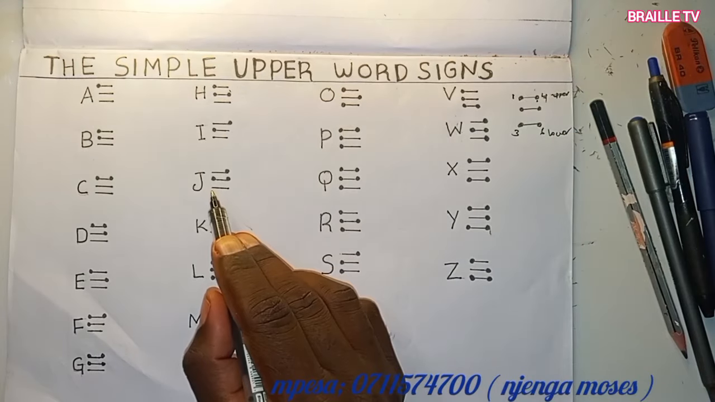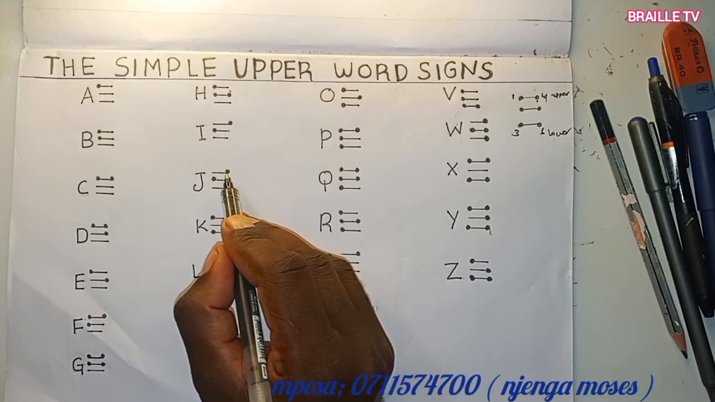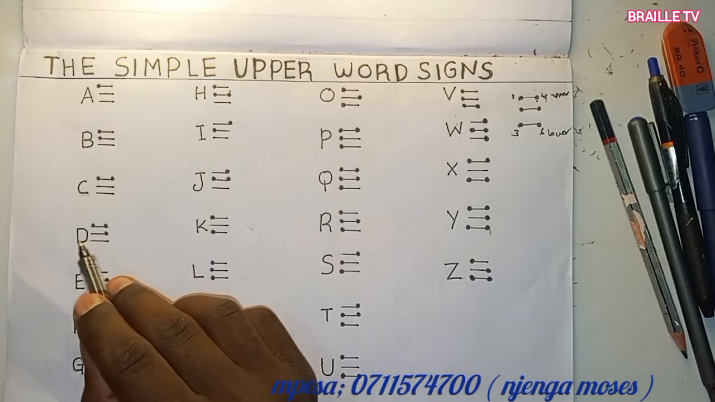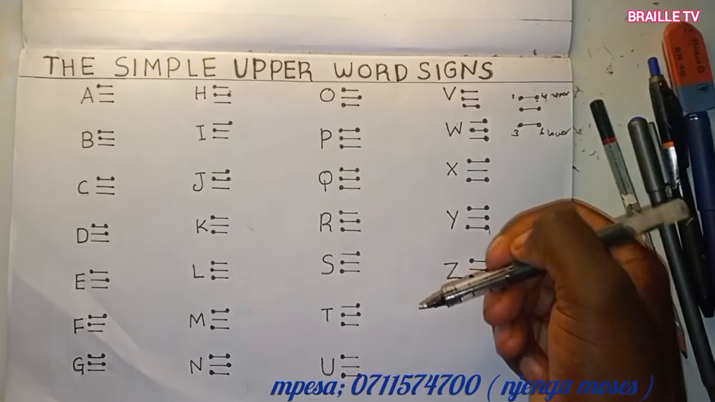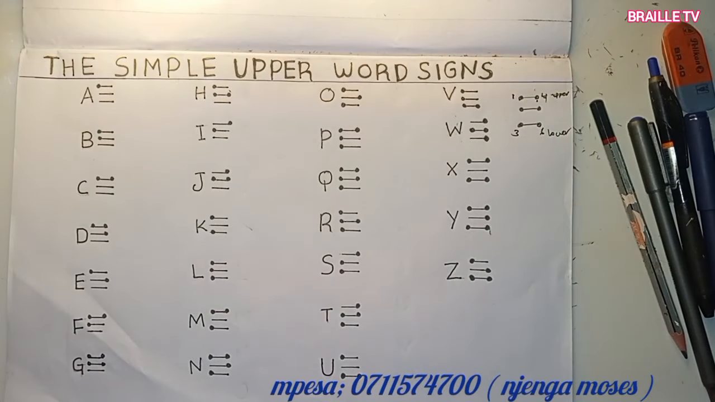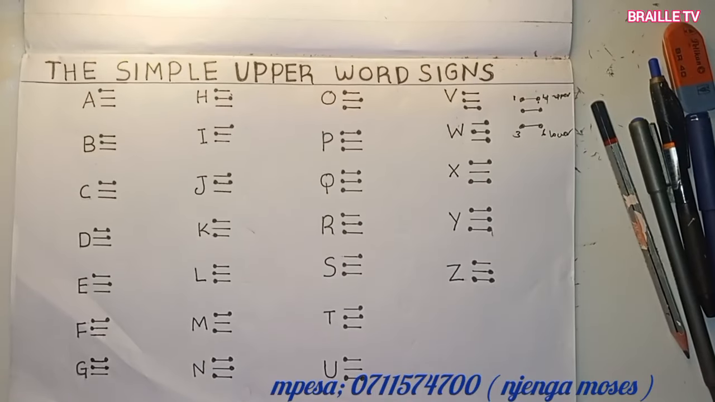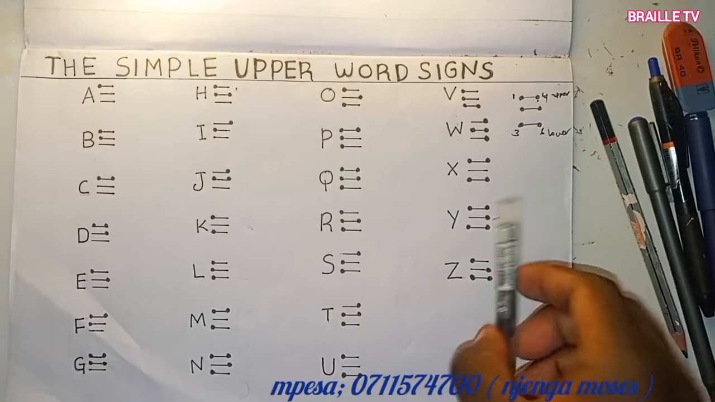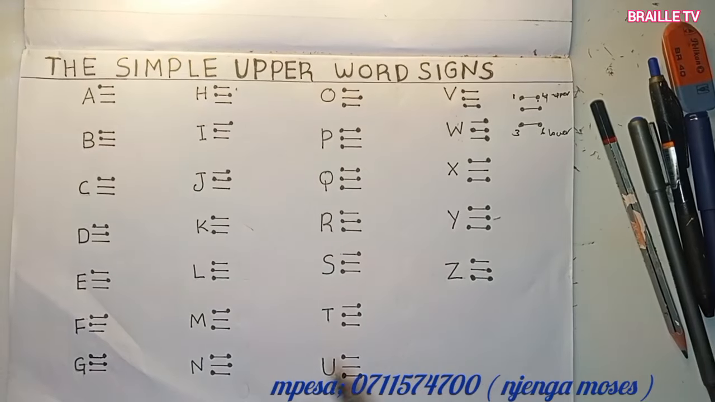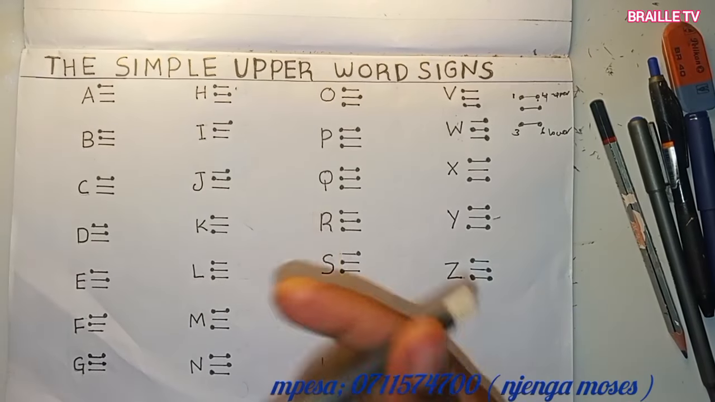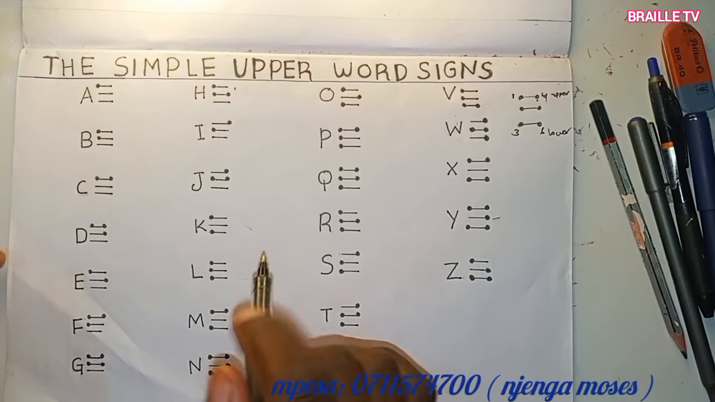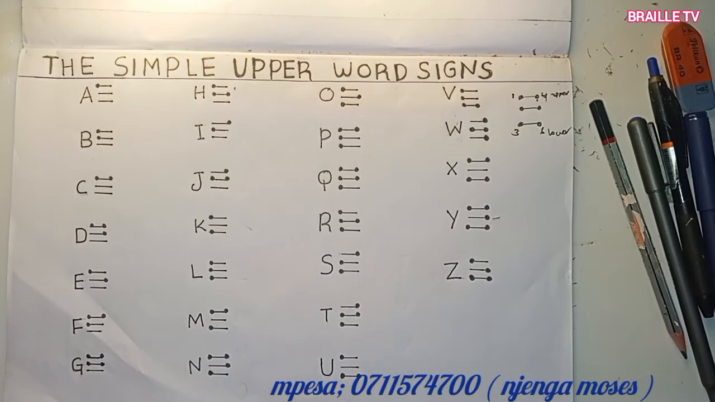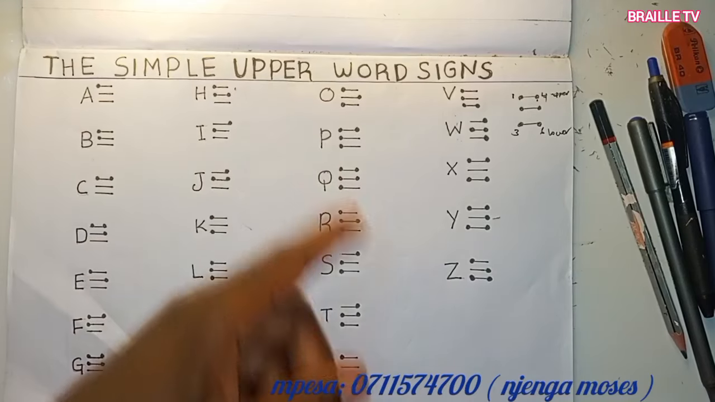For example, letter J has got dot 4. Letter C has both. Letter D has both also. Letter E has got dot 1. So all of them have a dot in the upper part. Now, as we're saying, each and every letter of the alphabet from A up to Z has got dot 1 or dot 4 or both. Now, when you read the Unified English Braille, you realize that these simple upper word signs